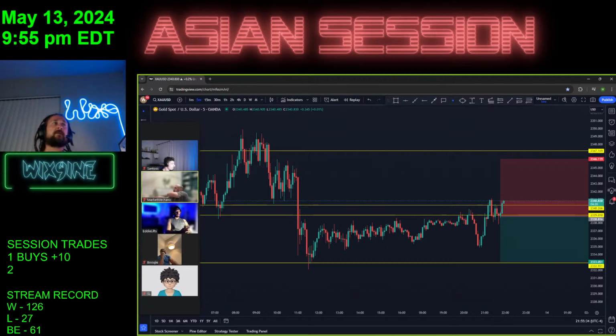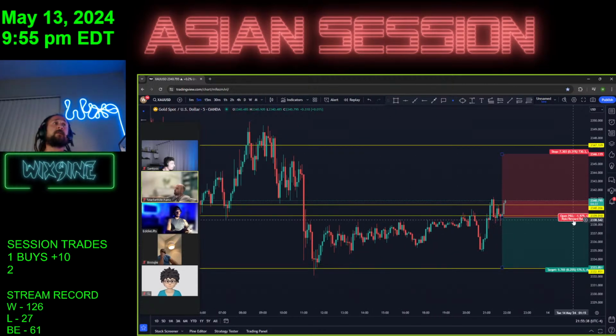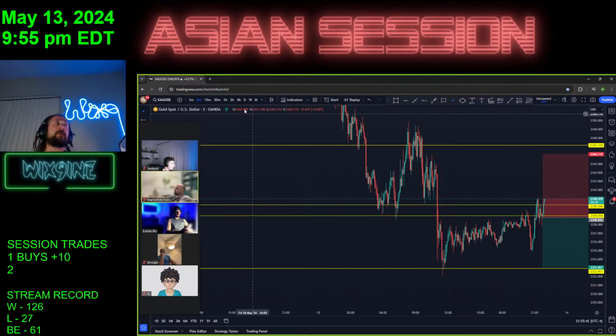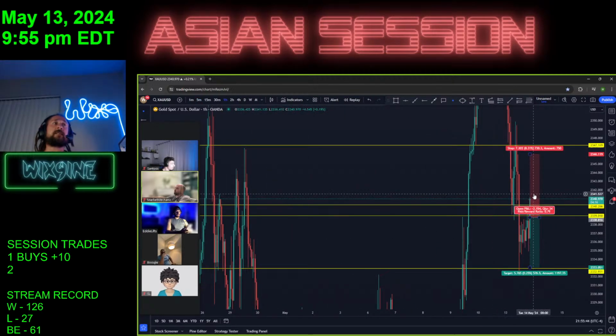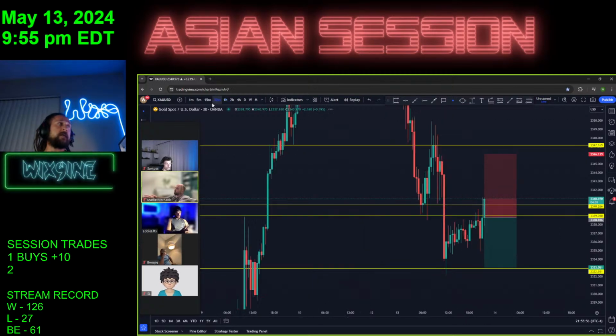Hopefully it drives down to the bottom of the range. I think we will still see our entry. It's just, if we close bullish here on this hourly, you're probably looking at the next hourly creating a top wick before actually deciding to retest 39. So this isn't the position I entered.